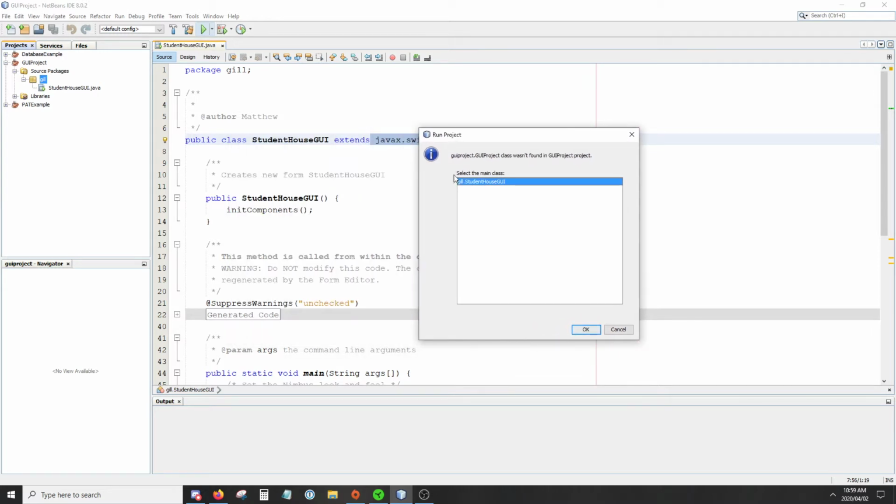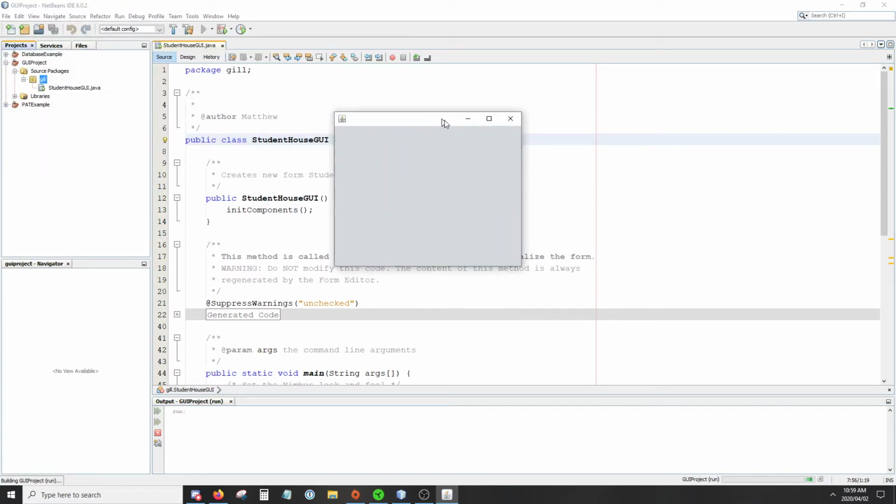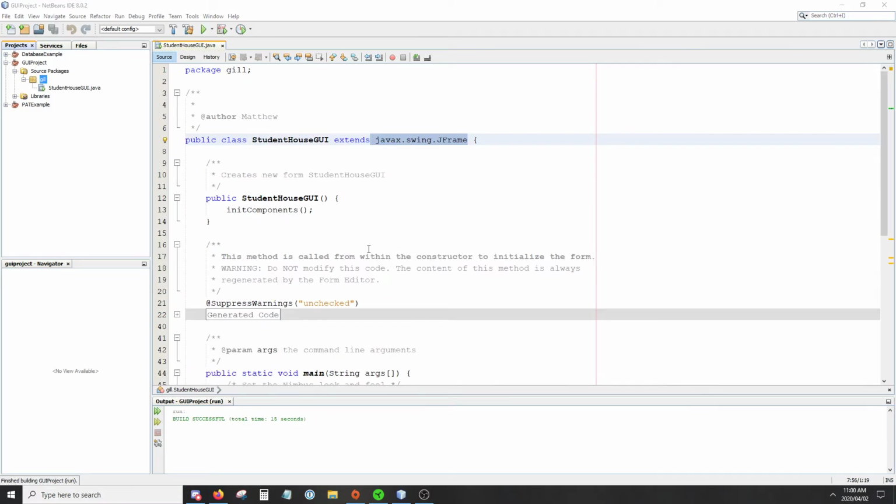That's why I really recommend you pick the GUI that you're going to be starting with, say the login GUI, as the first one that you run, just so you can set it as the main class. That's one that will always pop up. You can edit that later in the properties. And you can see I've done absolutely no coding, and I've got a window which has a top portion, and then over here a display portion. I can minimize, restore, maximize, close, all that functionality that I haven't done any coding for,